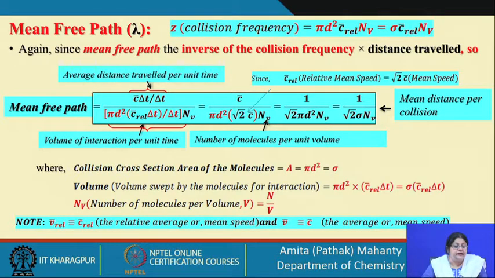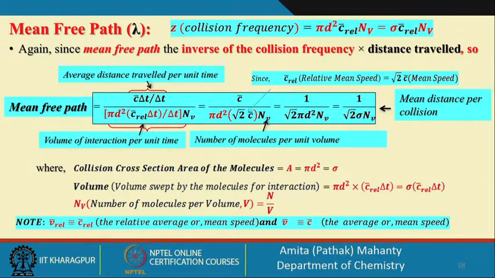Another alternate way of deriving the mean free path, if you have understood one, that is sufficient, but you can just look at it. Mean free path is the inverse of the collision frequency, again the same thing which I am writing. Inverse of the collision frequency means 1 by Z into the distance travelled. Again, what is this distance travelled? Distance travelled is c, where they are moving with the average speed. So, c bar, or v bar, is the speed, into delta t is the